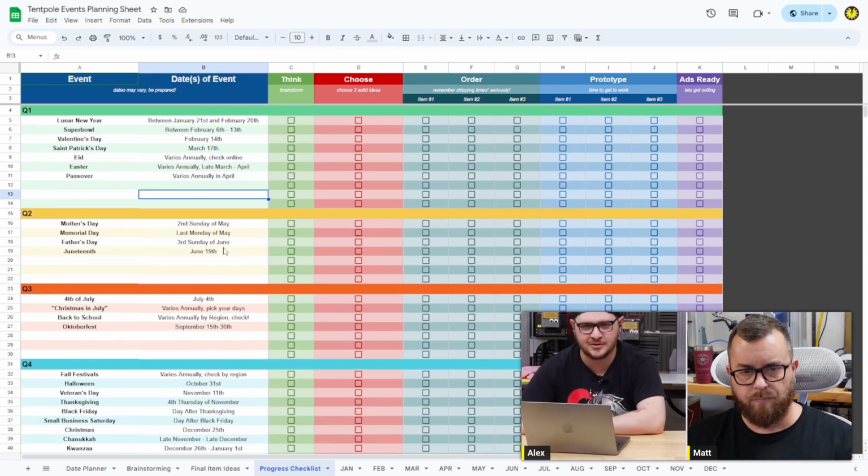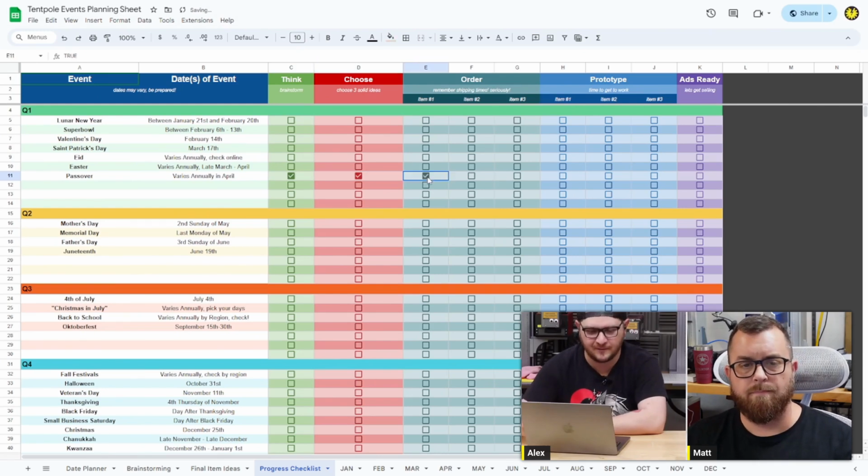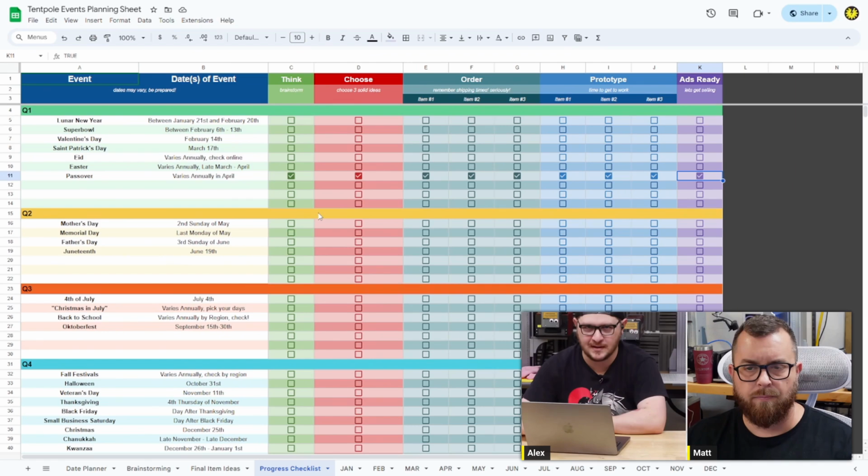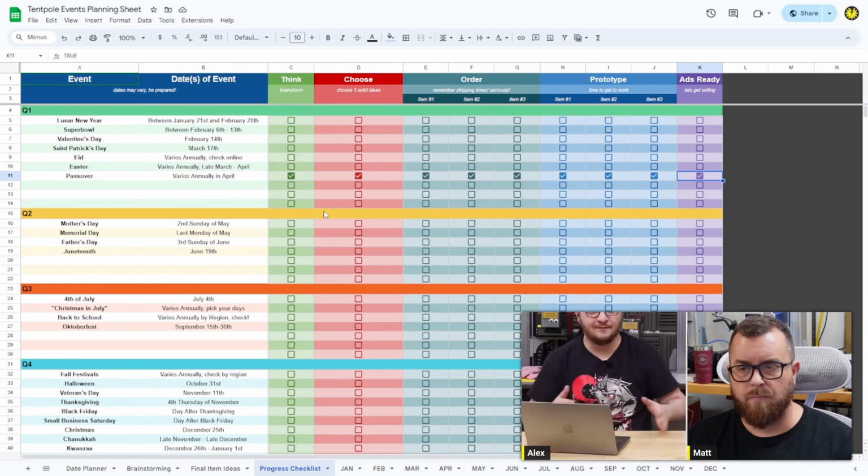And we've got just simple validation checkboxes all the way across for everything that you need to do to get ready. So you've got think for your brainstorming, choosing your 3 solid ideas, ordering, remember shipping times, prototyping, it's time to get to work, get those things actually made in your shop, and then of course, ads. Let's actually get selling these things. Woohoo. And you can track your progress